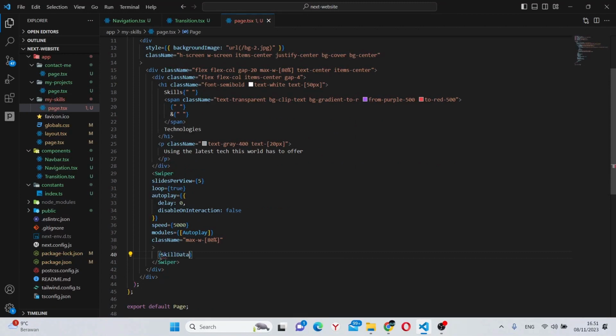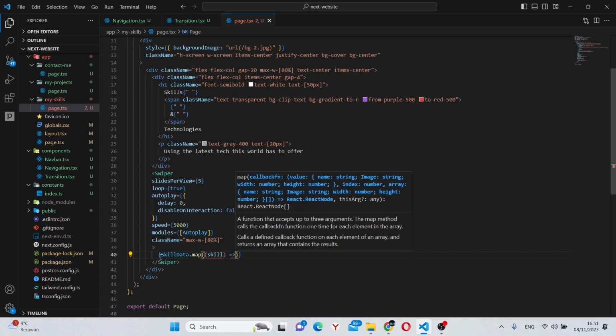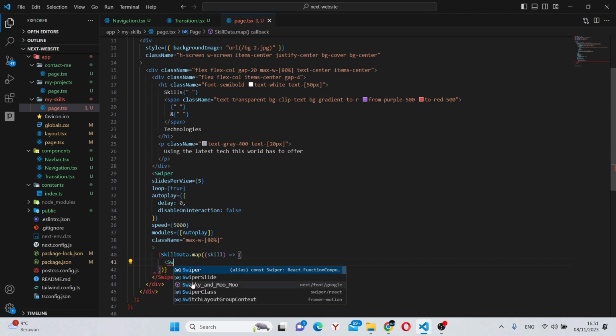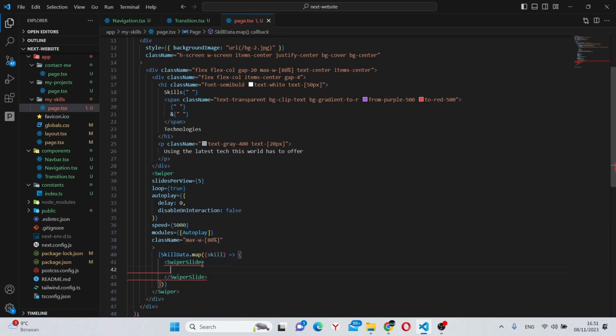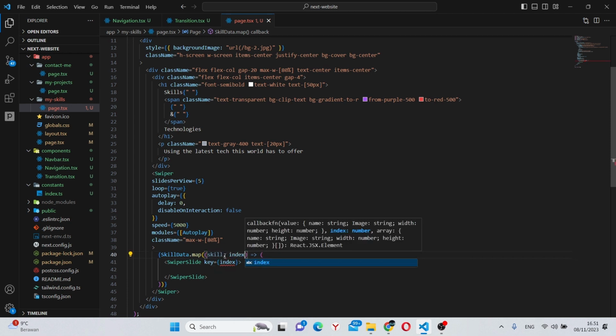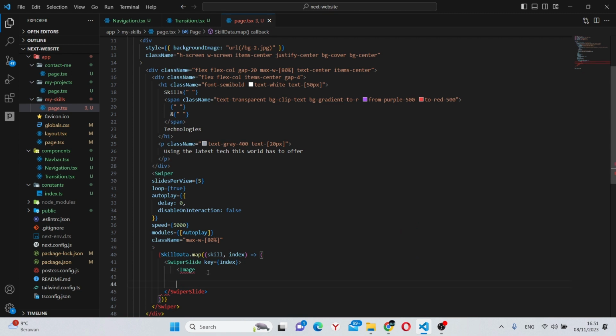And here we can say skillData.map skill and make an instant return of a swiper slide, which in this case will have a key of index, which we'll need to add over here. Inside of here, we can have an image, which will have some attributes as always. So first of all, a source of skill.image. Next, an alt of skill.name, a width of skill.width, a height of skill.height,